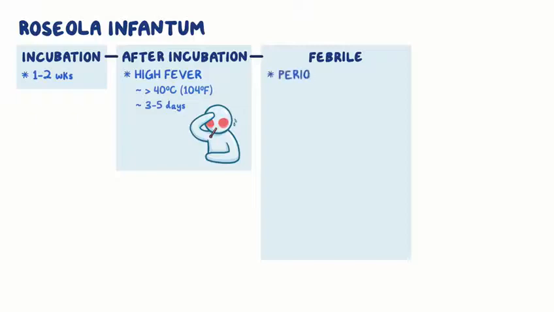During the febrile phase, other manifestations include periorbital edema, acute otitis media, rhinorrhea,